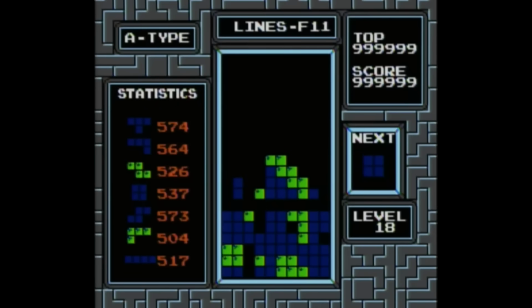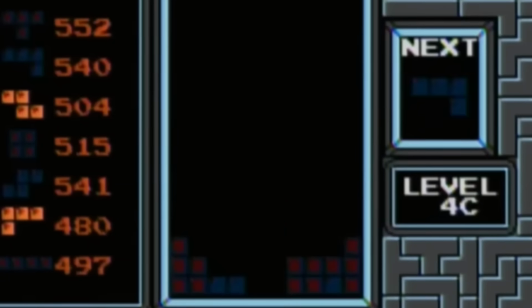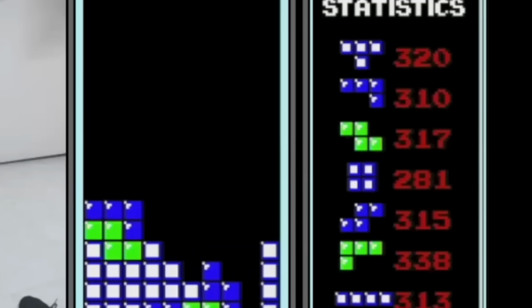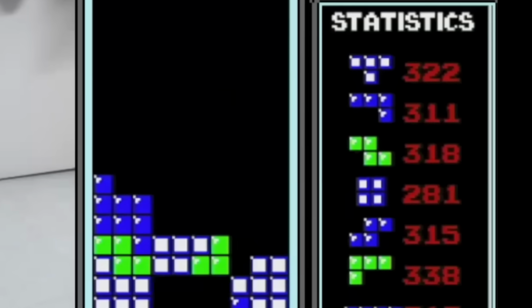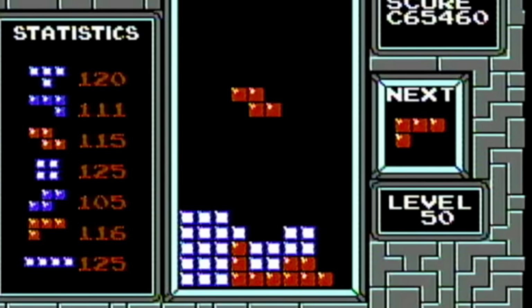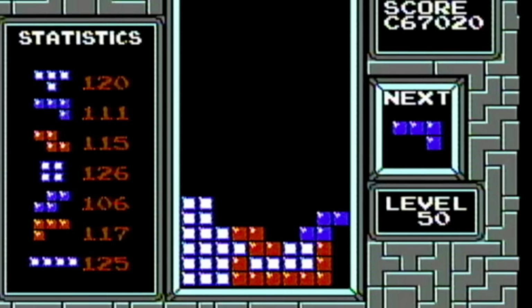Now, some might argue that this isn't exactly fair, because if you played Tetris on the original cartridge, the crashes would all be present. Why are you allowed to just patch them out like this? There's a wide range of opinions on this topic, and you can come to your own conclusion about what's fair. But there's no denying that removing crashes does simplify things quite a bit, and ultimately,